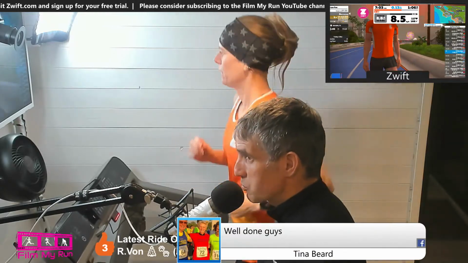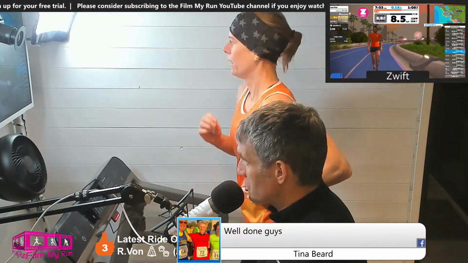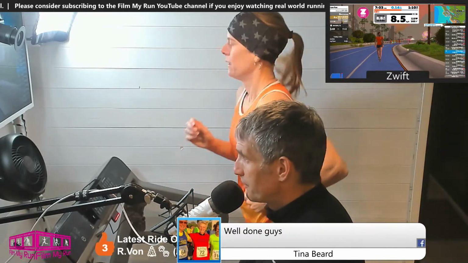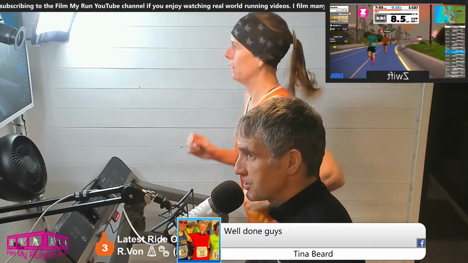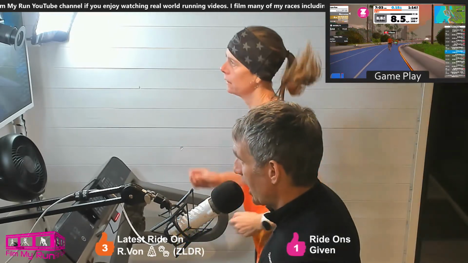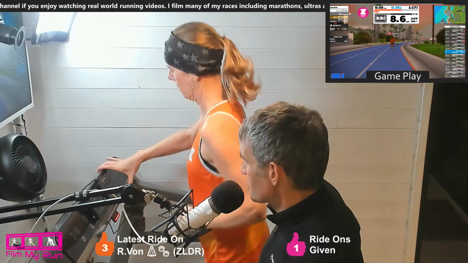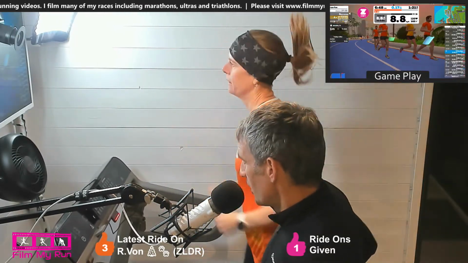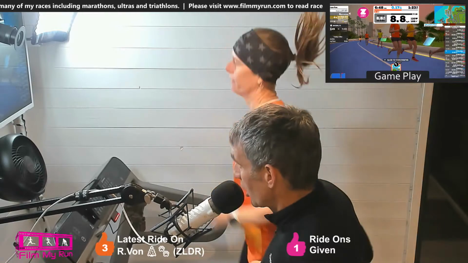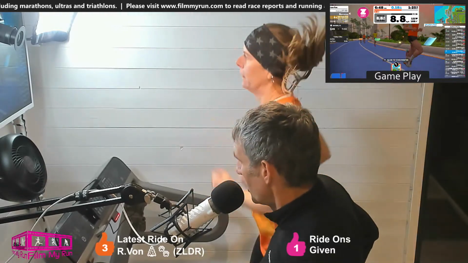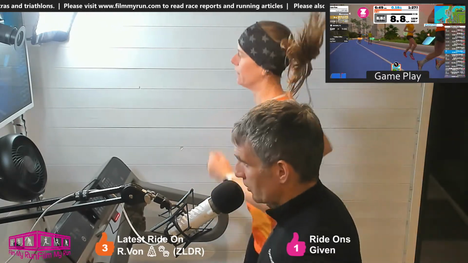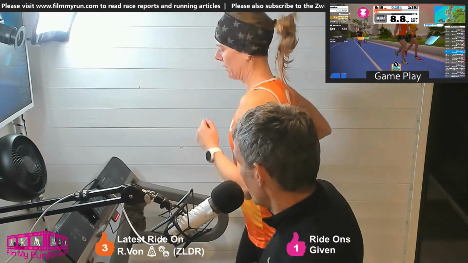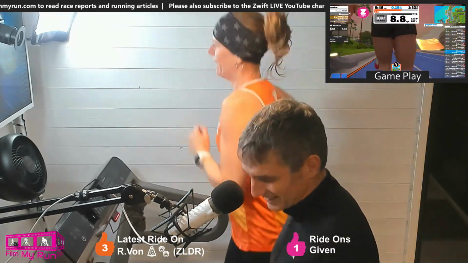So what Victoria is wearing is the old Stride Pioneer. Before Stride came out with a foot pod, they had a chest strap, and that was how they measured power, using a chest strap, and it was also a heart rate monitor. That was about 5 years ago. So I got one of those when it first came out. I think I'm one of the only people I know who has one.